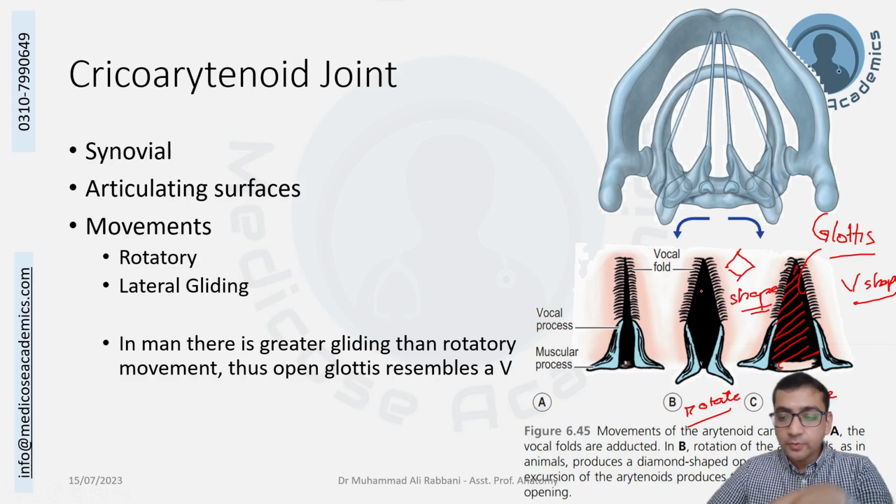So there are two possible movements of the arytenoid cartilages, and both of them are asked from you. In humans, the sliding is more important, and the V-shape opening of the vocal cords is more